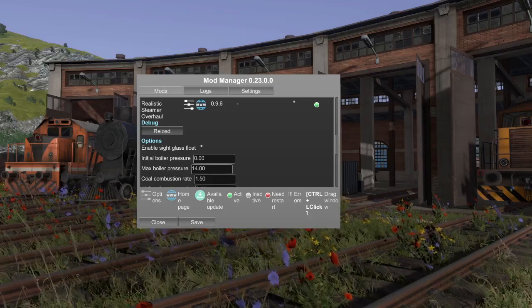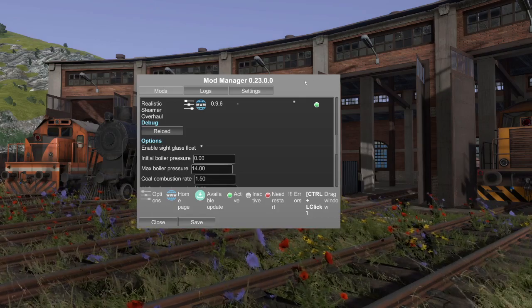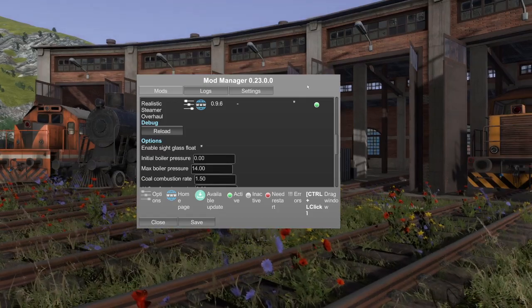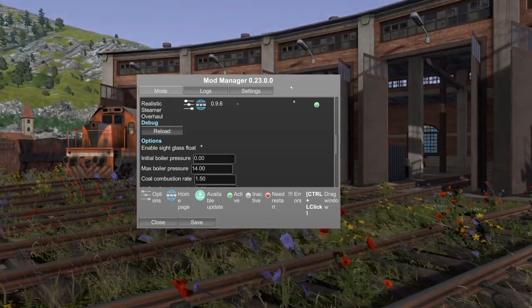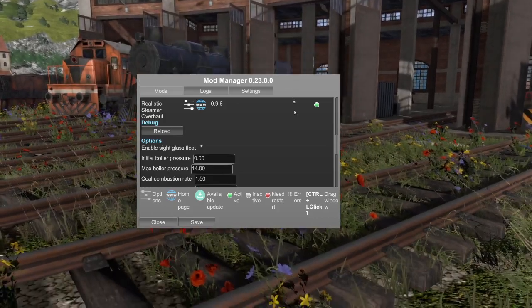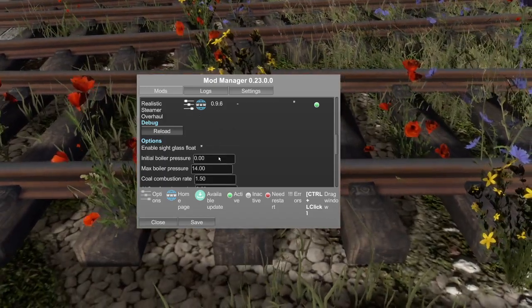This is a tutorial on how to cold fire the SH282 steam locomotive in Derail Valley while using the Realistic Steamer Overhaul mod. I am recording this video using version 0.9.6 of the mod. If you'd like to fire your own steamer from cold, you can do that by going into the mod options, which you get by clicking on these little slider icons and setting the initial boiler pressure to 0 as I